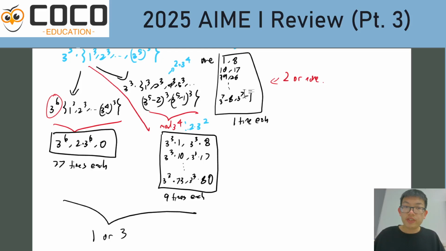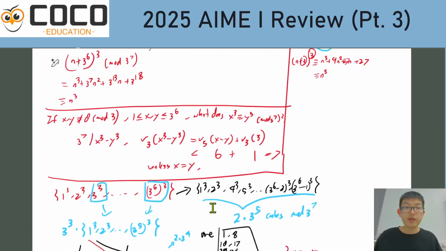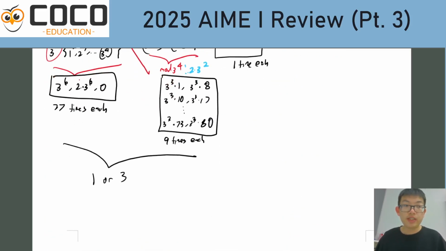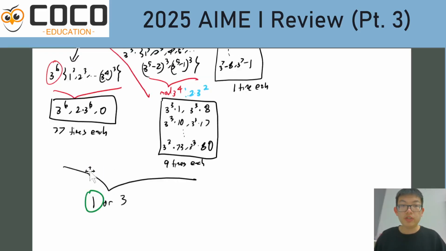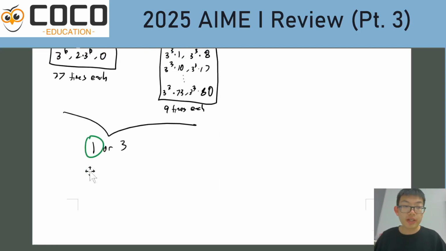Now, it's quite hard for me to describe which 2 I want to pick from here in order that I will be able to pick something from here that works. But I can actually kind of say in the reverse direction. If I pick something from this portion, so if I pick 1 from here, which I know can be done in 3 to the power of 5 ways,